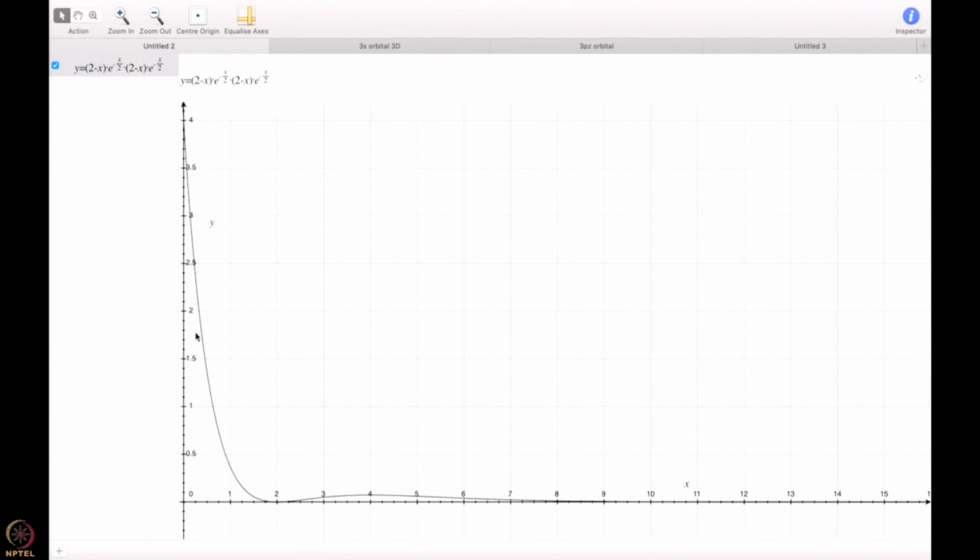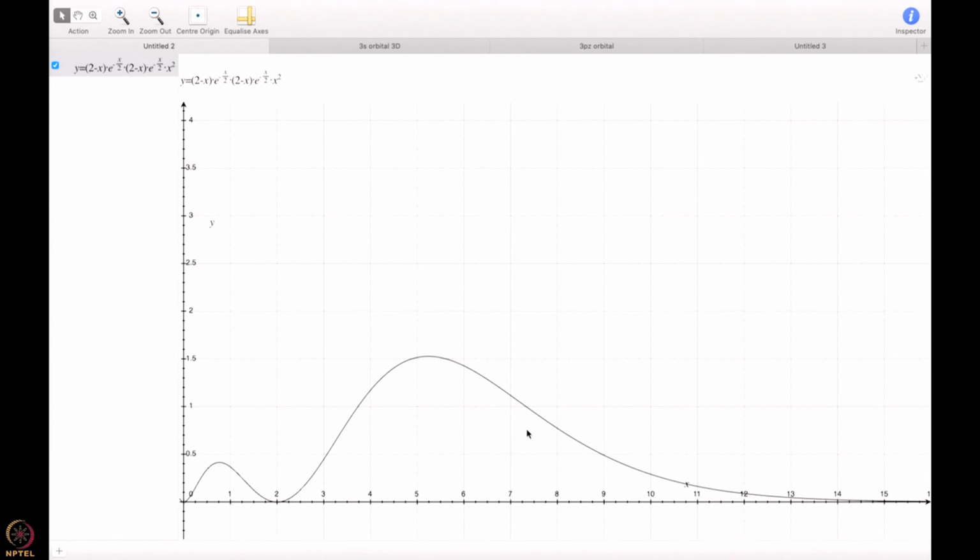Remember, the square of the wave function is probability density, not probability. The outer lobe that we have here is actually very small, and this is positive because I have taken the square, okay. But the moment I multiply it by the volume element,